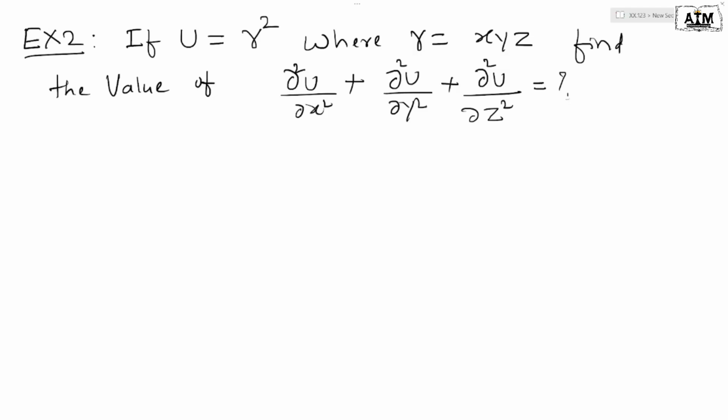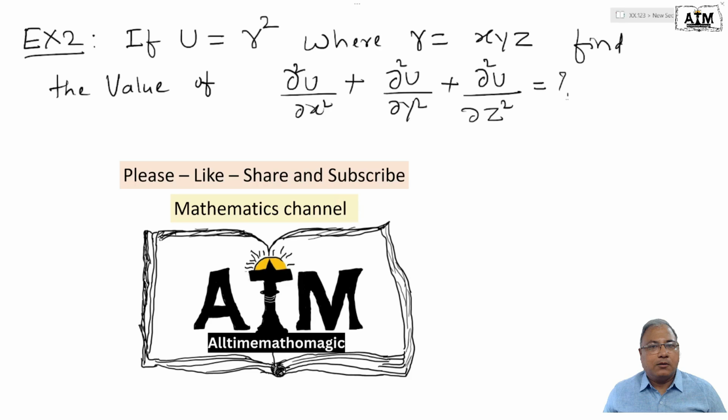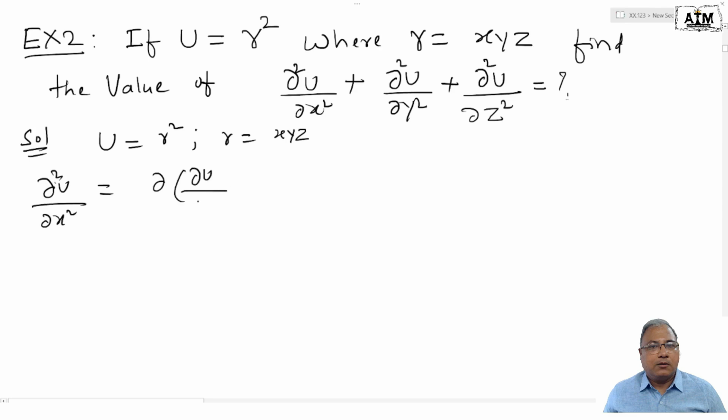Example 2: if u equals r square, where r equals xyz, then we need to find del 2u by del x2 plus del 2u by del y2 plus del 2u by del z2, the addition of all these. Solution: we have u equals r square and r is a function of 3 variables x, y, z. So to find del 2u by del x2, we have to find the partial derivative of del u by del x